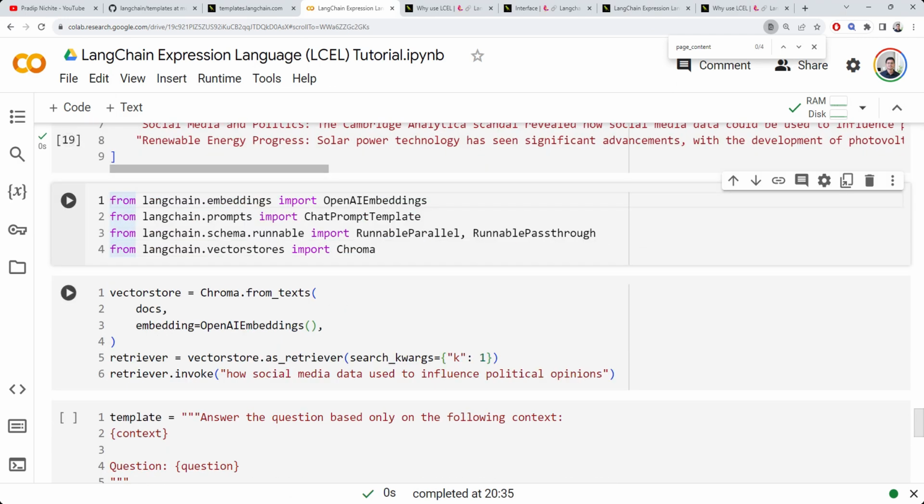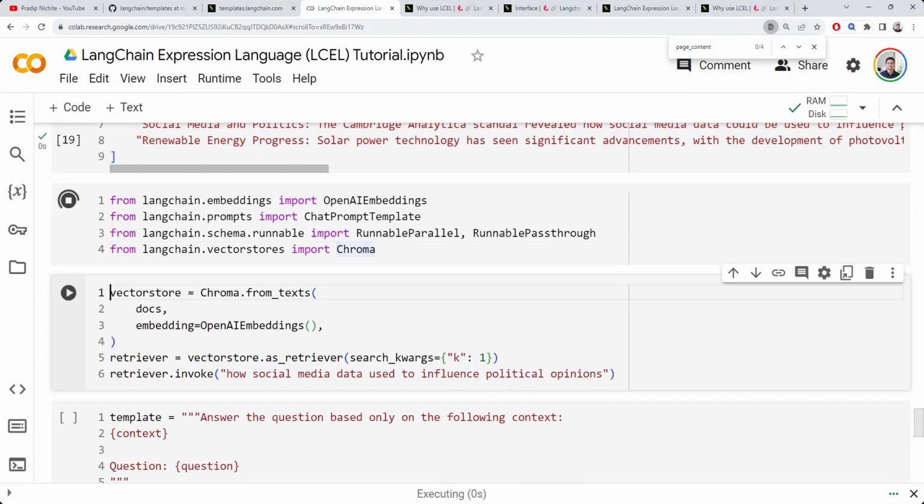And now since we're going to use RAG and we will be using OpenAI embedding, we don't need to import it because I think we have already imported it at the top. And we're going to require the Chroma vector DB. So let's run this to import it. Now let's create our vector store, or vector database,